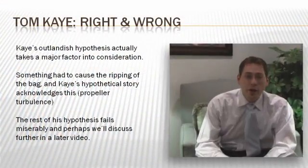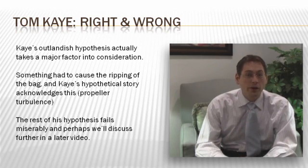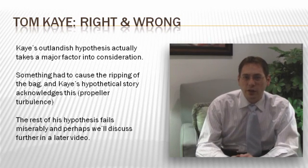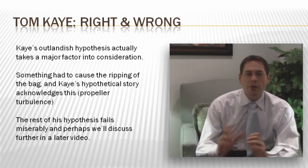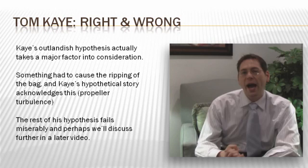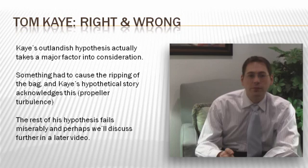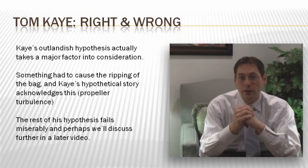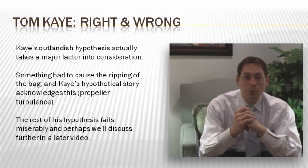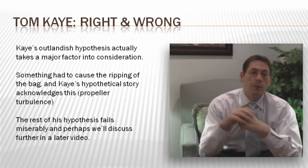It may surprise you to know that I actually think Tom Kaye raises a very interesting point within his interesting hypothesis. Something had to cause this bag to rip open. It didn't just happen by itself. And Kaye's hypothetical story actually acknowledges this fact. He doesn't come out and explicitly state it, but he does create an element in the story. Basically that propeller turbulence